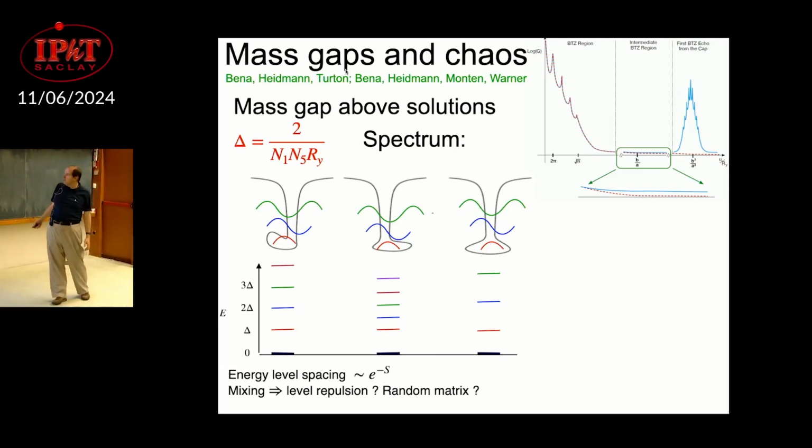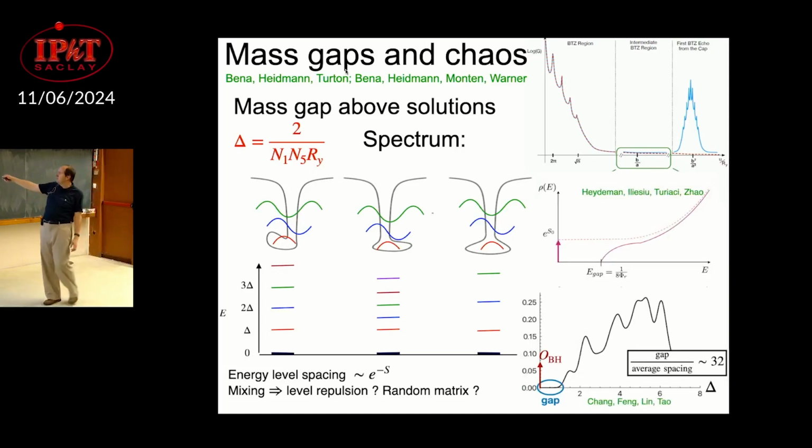And when I gave a talk in Santa Barbara, there's this paper by Heidmann, Turiaci, and Zhao, which had a picture with the spectrum, which is really all the guys at zero entropy. So those are those guys. You get all the black hole entropy at zero entropy. Then you get a gap, from here to here, and then you start getting states, and the states are going to be mixed with each other, and you get a curve.